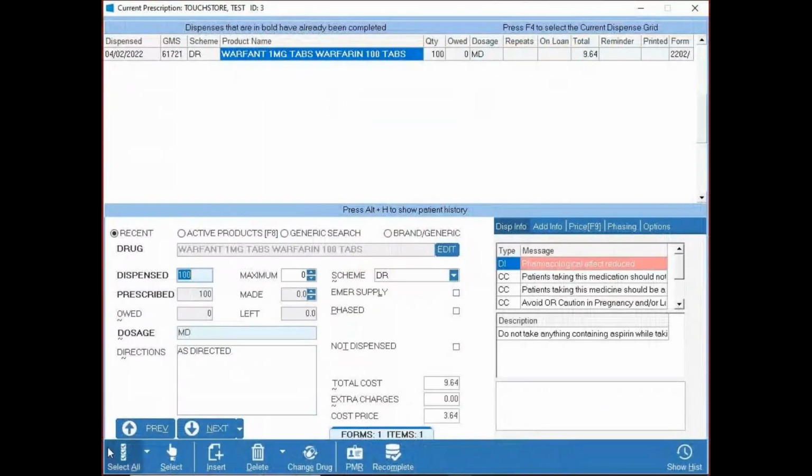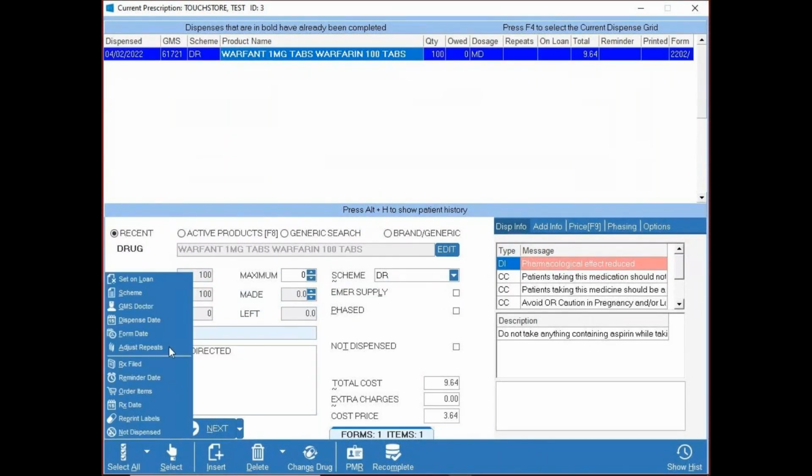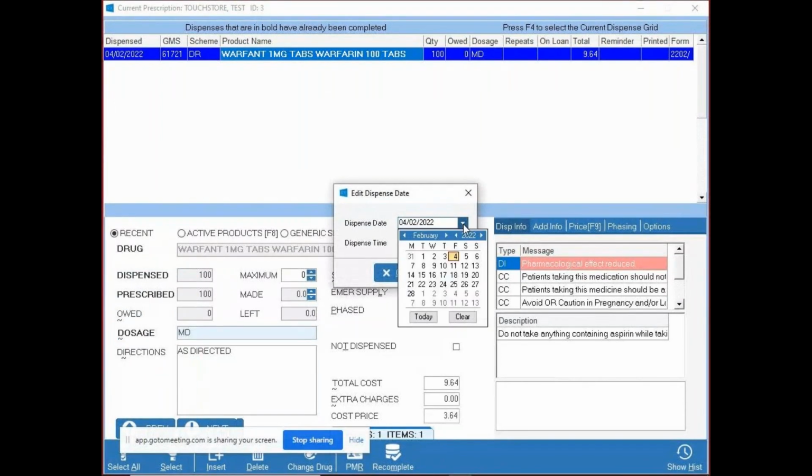we have a select all button here in the bottom left, which if you had a 10, 20 item script, rather than you having to go, oh God, I have to put that all on emergency supply, or I have to mark it all as not dispensed, or I need to forward date everything. The last thing you want to do is have to go through every single item. So what we have is select all, and it allows you to change all of these items around everything in the prescription. So for forward dating, if I put the dispense date, for example, into next month and say OK,